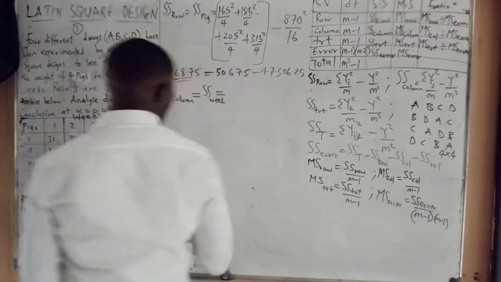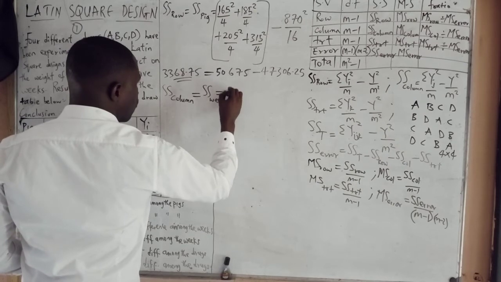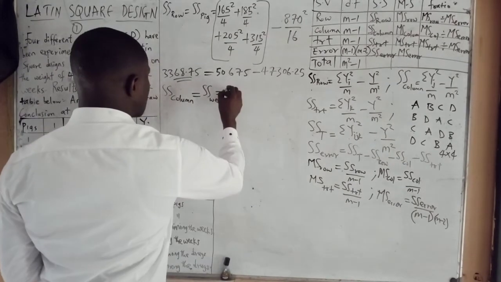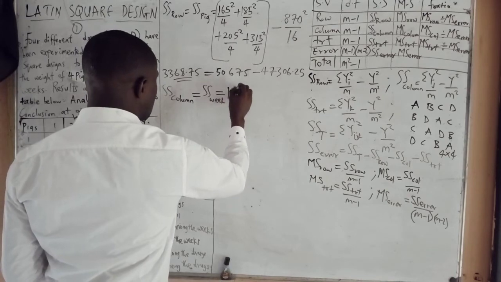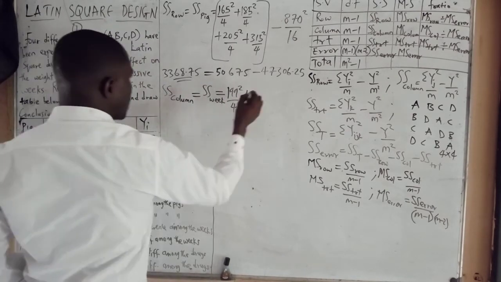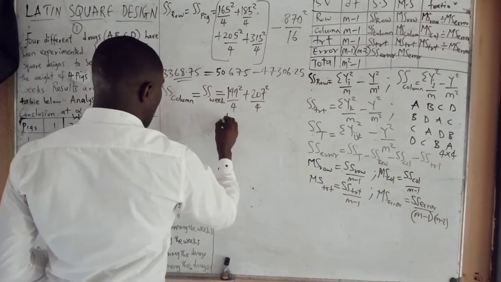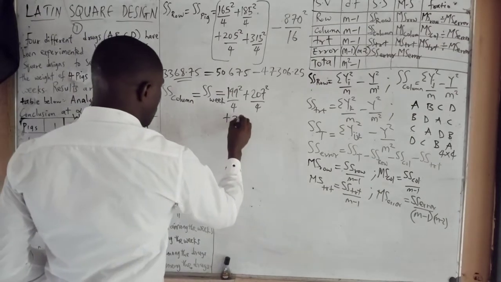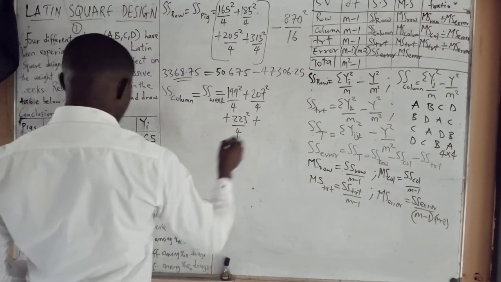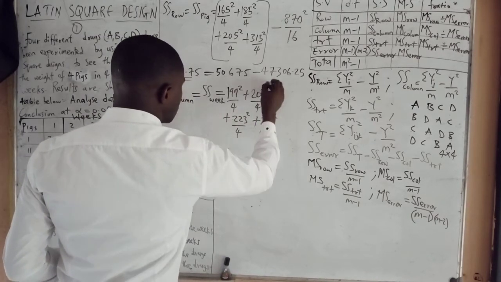So we start squaring: 199 squared over 4 plus the next one, 207 squared over 4, plus the next one, 223 squared over 4, plus the next one, 241 squared over 4